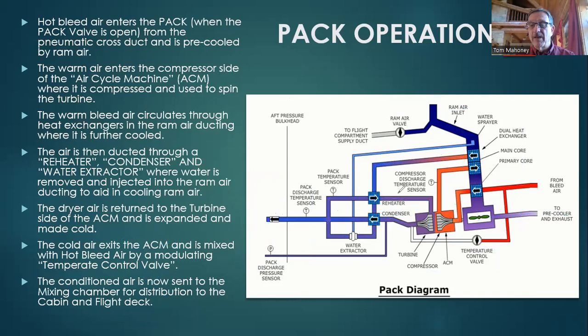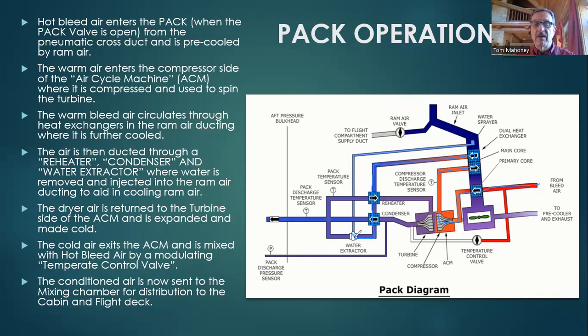And there again, that's how it works. So air comes in here, we'll just draw it, comes in here pre-cooled, comes into the air cycle machine, is compressed, comes back out as warm air, is cooled off a little more from ram air coming through the ram air inlet, comes back out here as warm, gets cooled down a little bit more, goes through a preheater, then a condenser, water is dropped out, water is separated, the water goes back up into the ram air, is discharged